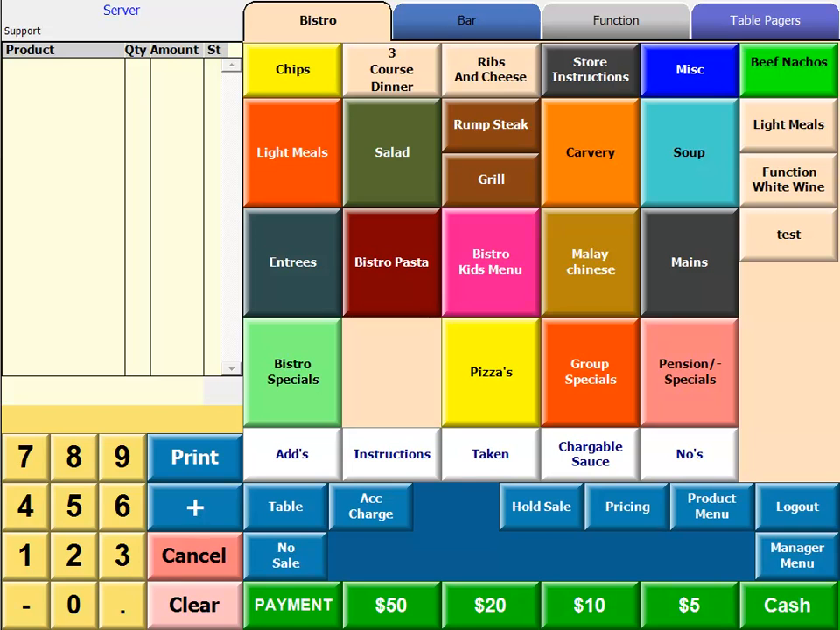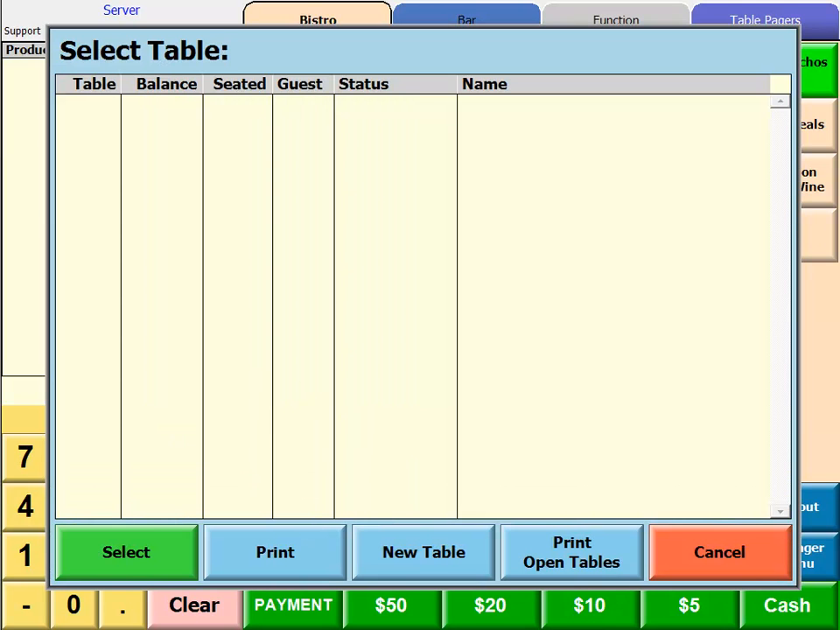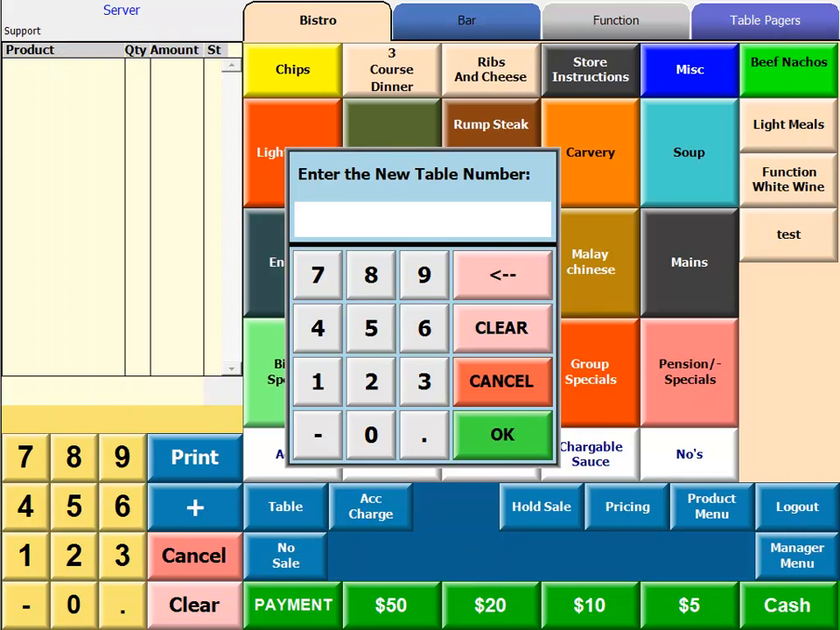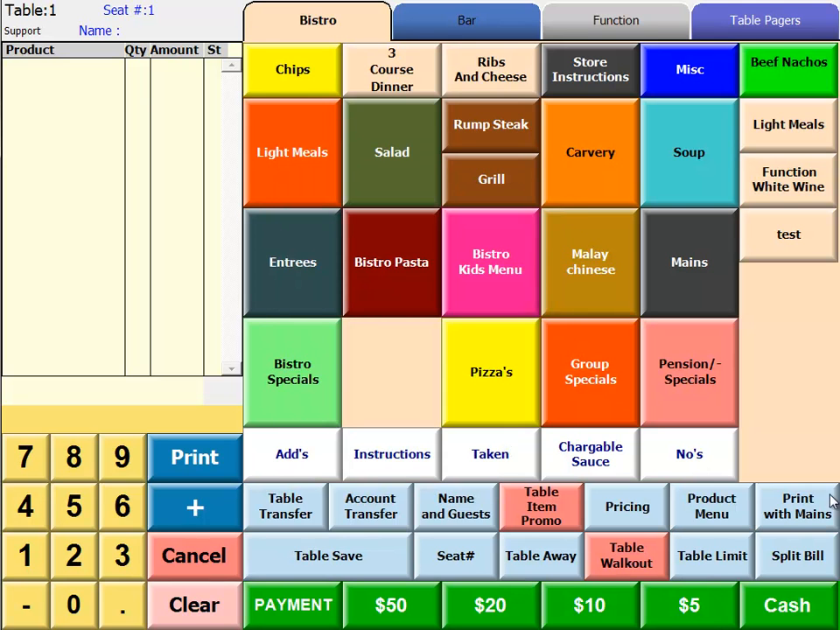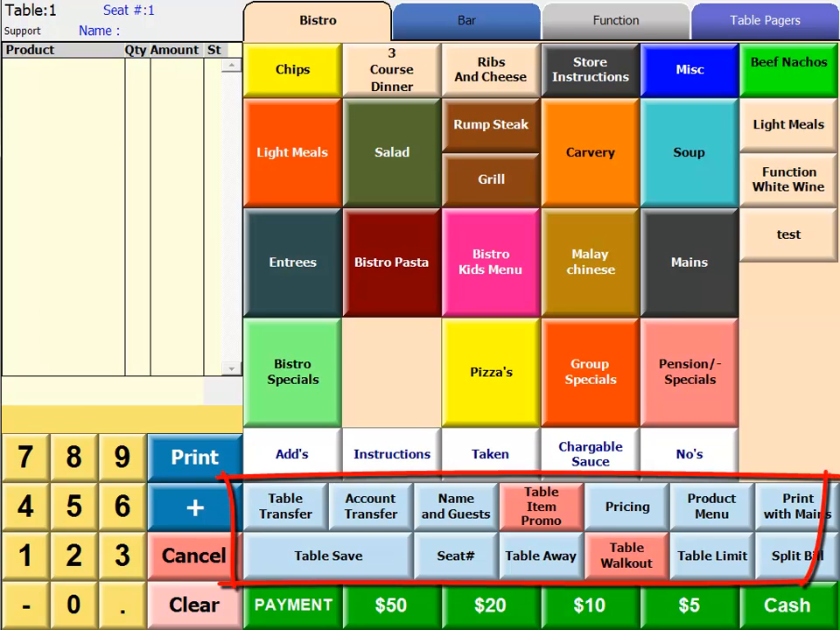The first way to use this key is simply press it once. When I do this, I get a list of all the currently open tables for this till. You'll see at the moment I have no tables open. To open a table, I have a button in the middle down the bottom called New Table. If I click on this once, the system will invite me to enter the table number that I wish to open. I'll open table number 1, and you'll see immediately down the bottom the function keys have changed to be